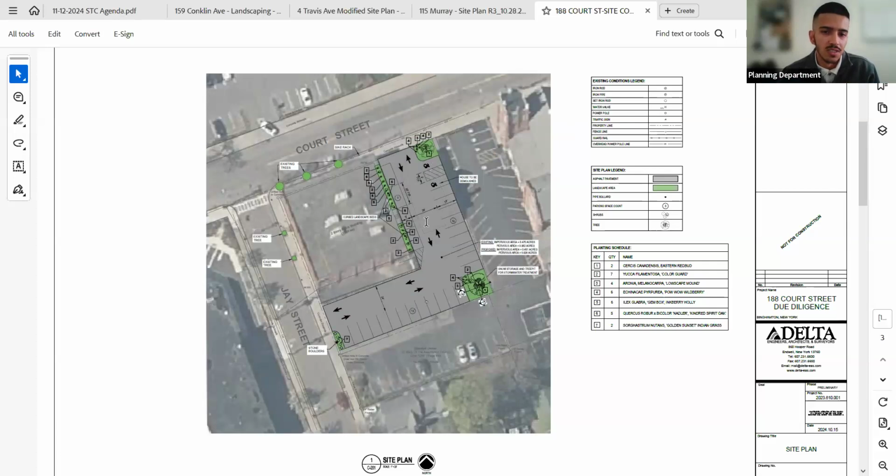Ideally, like I said, they would need that landscaping along the entire side where the two parking lots meet on the eastern side as well as on the rear. That would push these parking spaces back into the driving aisle, and they would require variances for the drive aisles as well.